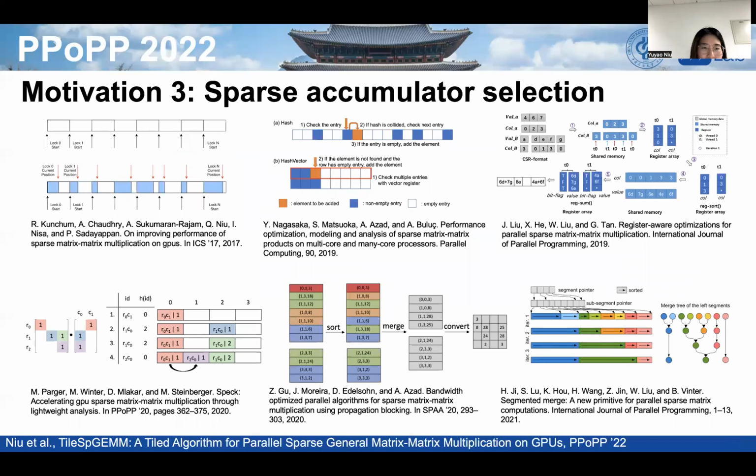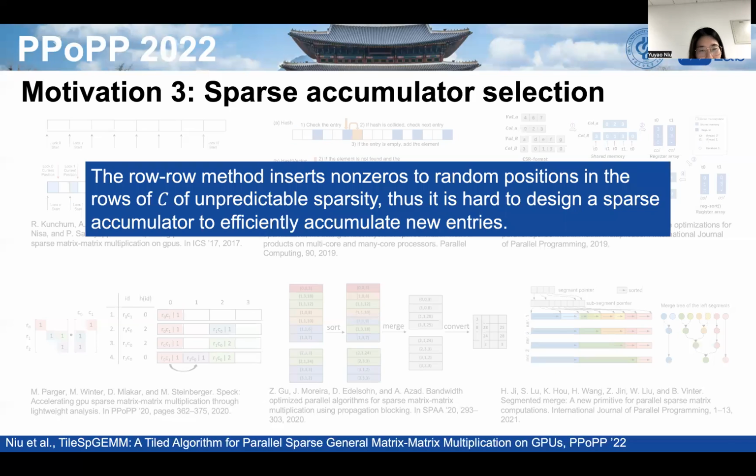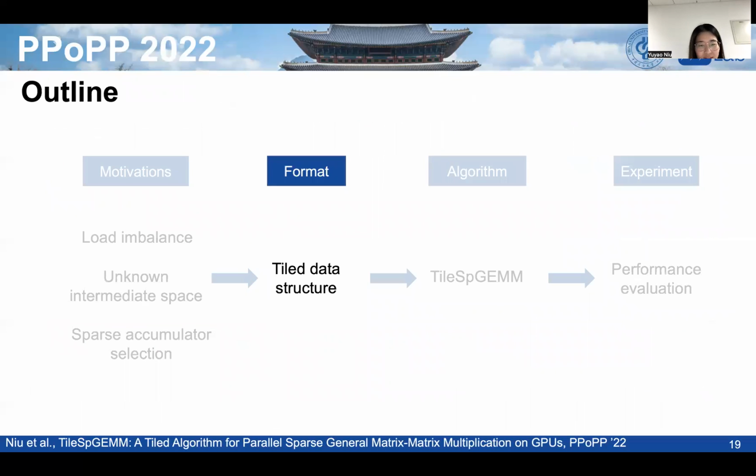And the third one is the sparse accumulator selection. In recent years, researchers have been working on designing efficient sparse accumulators. However, the row-row method inserts non-zeros to random positions in a row of C at unpredictable sparsity. So it is hard to design a sparse accumulator to efficiently accumulate new entries. So the three performance issues motivate us to design a totally different data structure, and we call it the tiled data